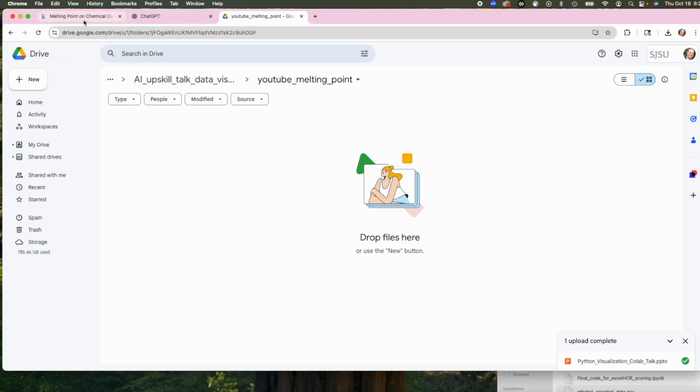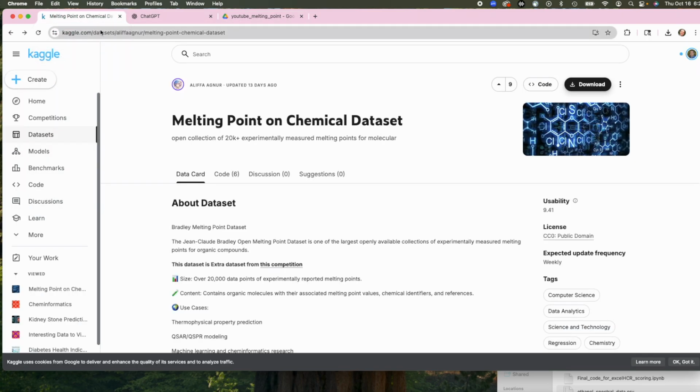So if we look at this data set here, this is melting point data. There's all sorts of chemical descriptors here. There's the molecular structure using something called a SMILES string. This is a way of storing chemical structures using text. And there's all kinds of data in here. And the idea is that you could take a data set like this and try to predict the melting point